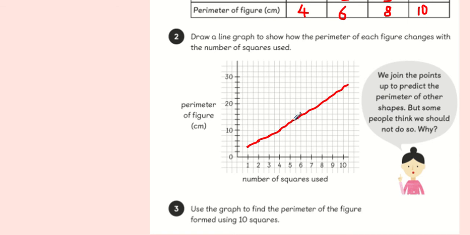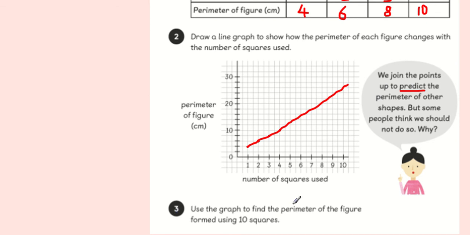Yeah, it's because we've not measured this. We've not got the points here. We don't know that this will be right, but it is a prediction, a sensible guess. Okay, so if we make sure that we're just saying it's a prediction and we're not saying it's a fact, that's okay. So question 3 wants us to use the graph to find the perimeter of the figure formed by